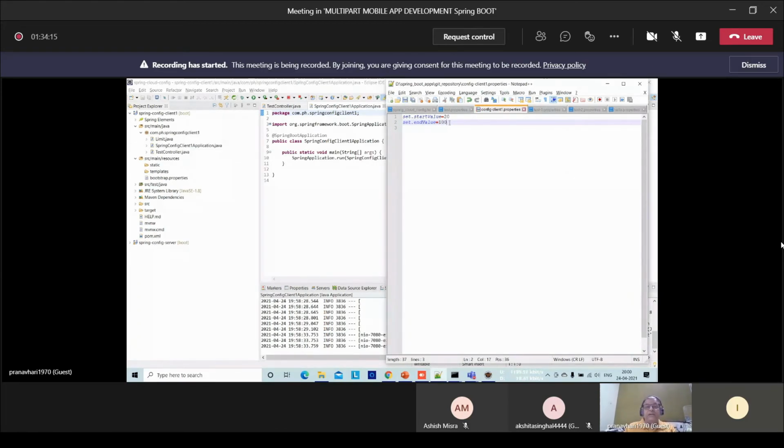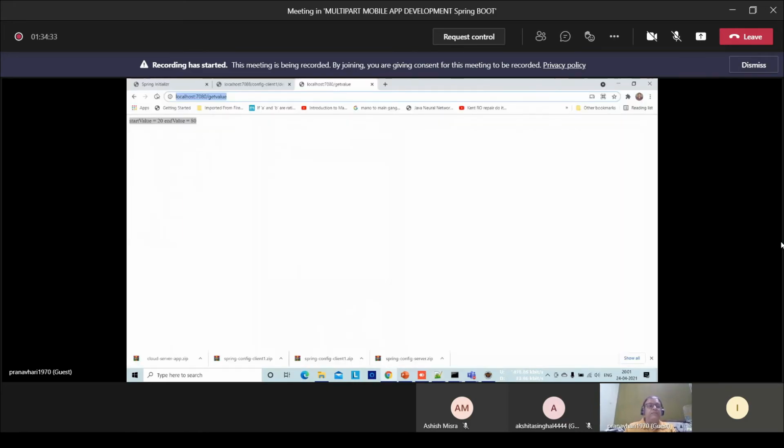This is a very important concept. See this experiment. Earlier it was 20 and 80; I kept 20 as it is and changed 80 to 100. Now let's refresh the page. Do we get this value?